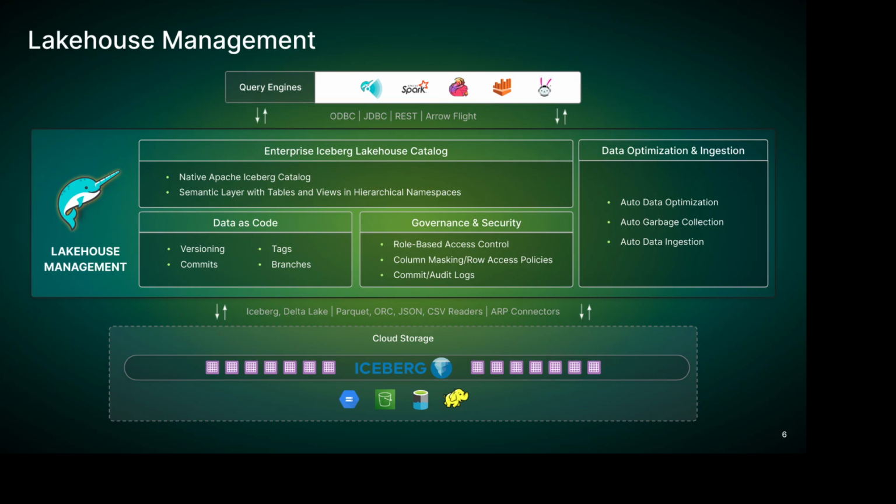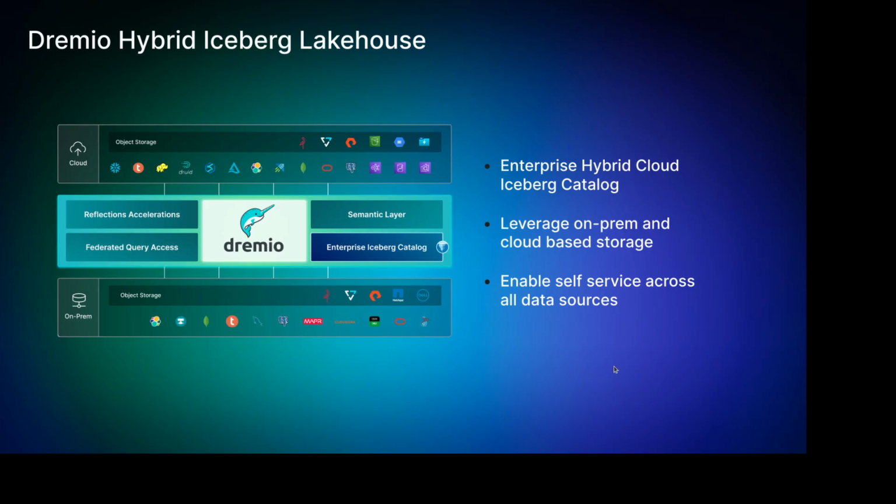It offers you catalog versioning, so branching and merging, and also built into this is automatic optimization of your tables. So automatically compacting your Iceberg tables, automatically expiring snapshots, basically making an Iceberg data lakehouse feel like you're working with any other data warehouse platform day in and day out. And one of the beautiful things about Dremio is that it connects to your sources, whether they're in the cloud or on-prem, allowing you to truly unify your data for typical modern hybrid data lakehouses.